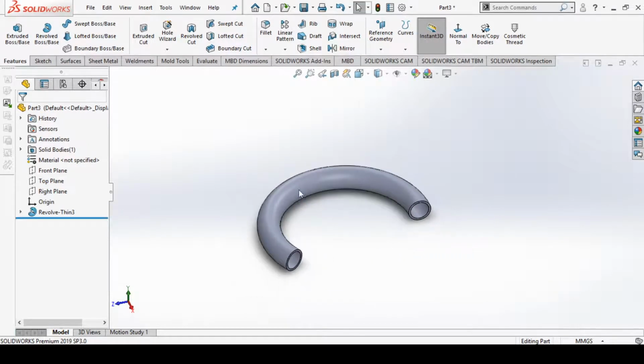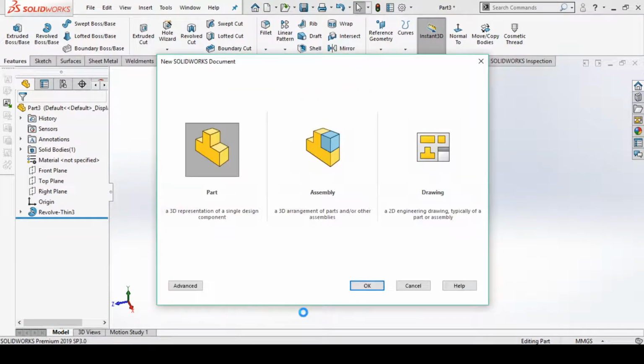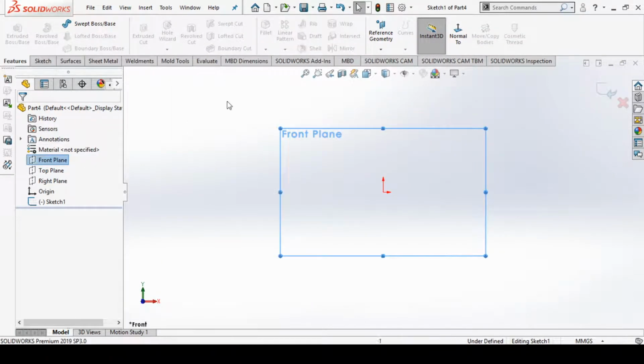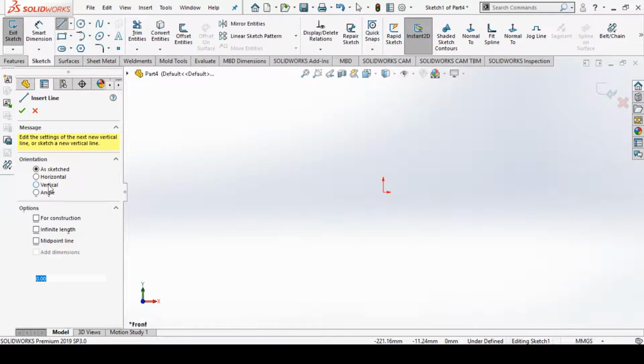Now we'll see another use of this revolve boss base in a new file. So create a new file. Suppose we created a sketch on the front plane, and I select the vertical line for construction and of infinite length.